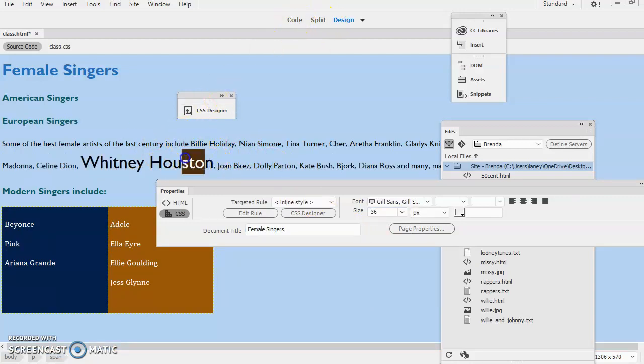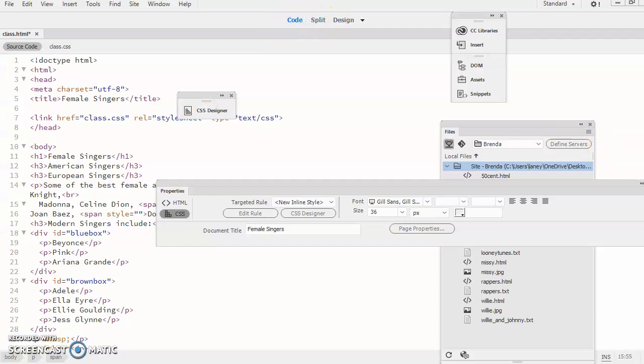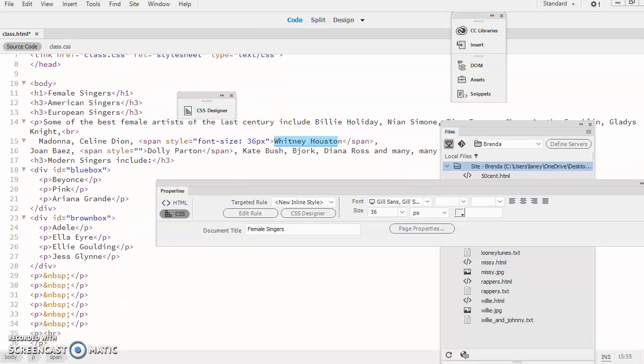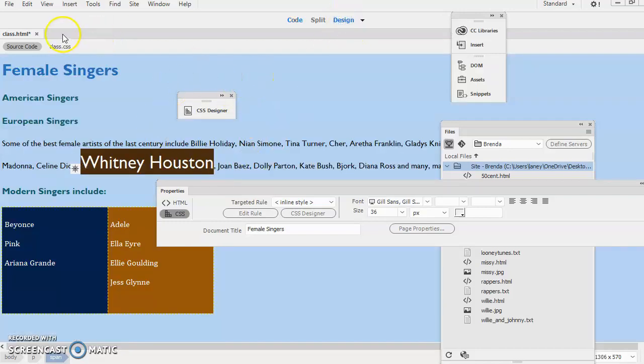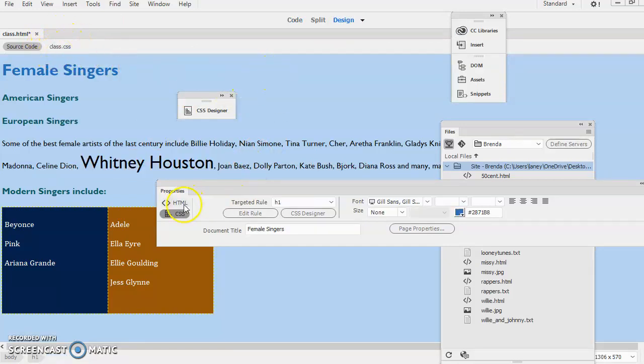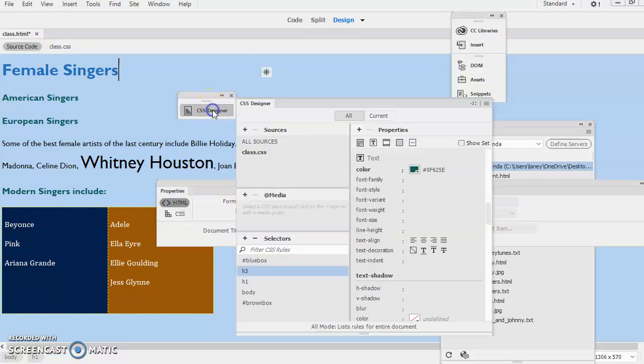Now if we just go into the code and see how that is written. So we scroll down and we look for Whitney Houston. There it is. So see here it's put in a span font size, but it's only around this Whitney Houston area. That's called an inline style. So the whole point of it being called cascading is all the style information can be put inside a class, but you can actually override it by putting in information inside a single page. So I could override the external style sheet if I put in a style feature that only went into this